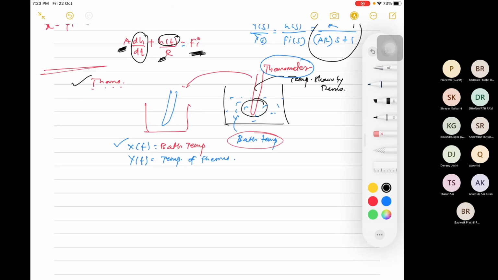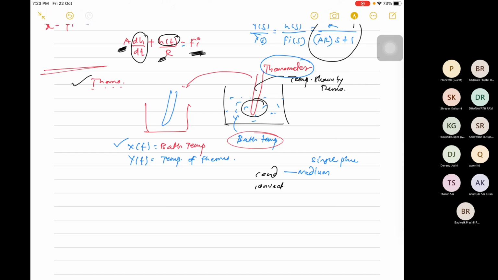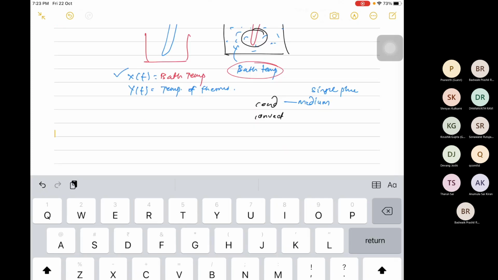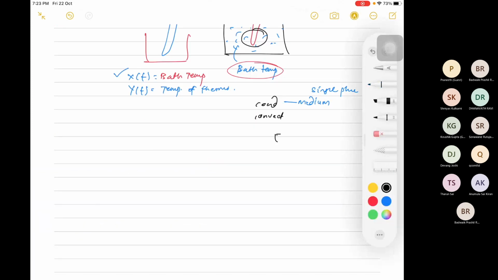यहाँ पे आई एम नॉट कंसीडरिंग ओवरऑल हीट ट्रांसफर, because what I am having here is, so you know difference between conduction, convection, right? Conduction के लिए there is a medium, right? And single phase. जैसे metal, in metal there is a single phase, so there is conduction. अगर if I am telling you there is a metal and over which air is flowing, तो क्या हो गया? Two phases are there. Which are that? One is metal, second is air. And whenever there is a contact between two phases, there will be convection. And you know air is flowing with some velocity, so there will be obviously convection.